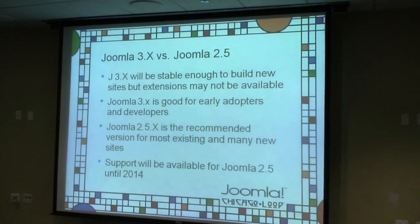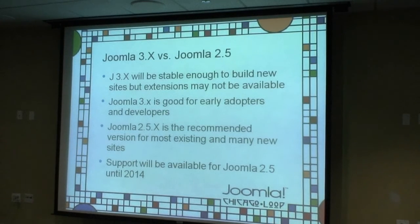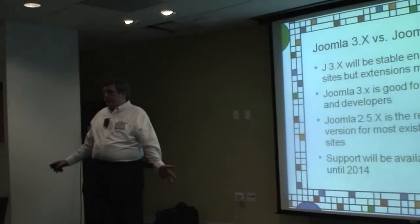It's for early adopters, developers that need to get their stuff updated for 3.5 basically. The extensions you may want to run may not be available until 3.5. Some of the extension developers have said they're not going to waste their time right now. They're going to work on 3.0, 3.1, and then have it absolutely stable, ready to go for 3.5. That's about a year from now. So that's their choice. They may lose clients over it, they may not, but that's what most people have said,